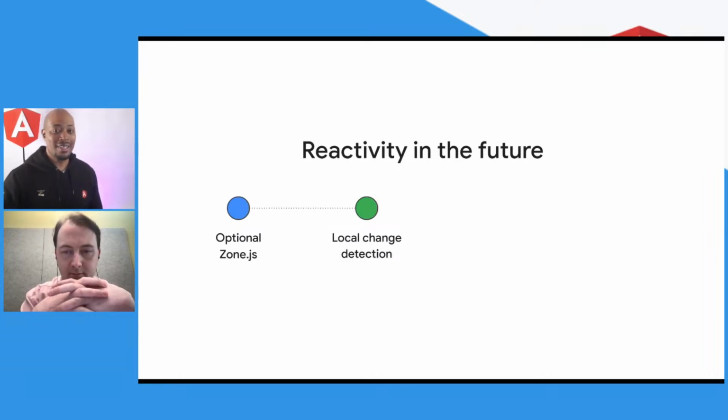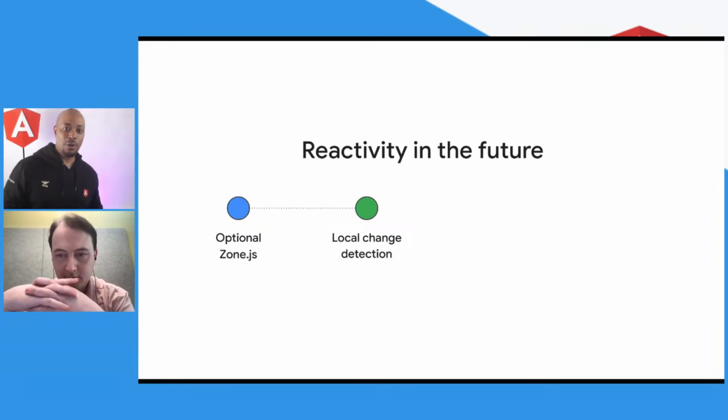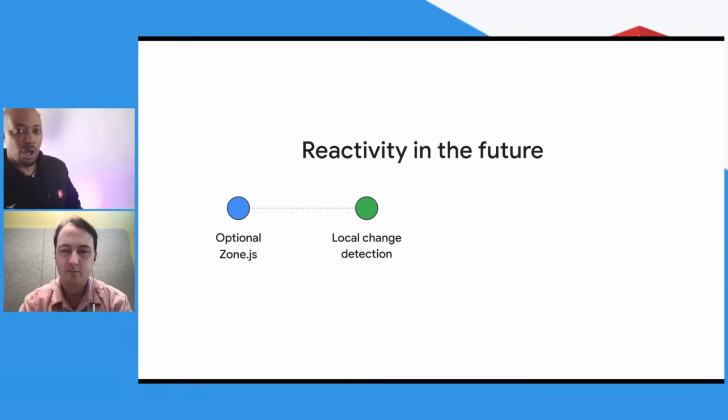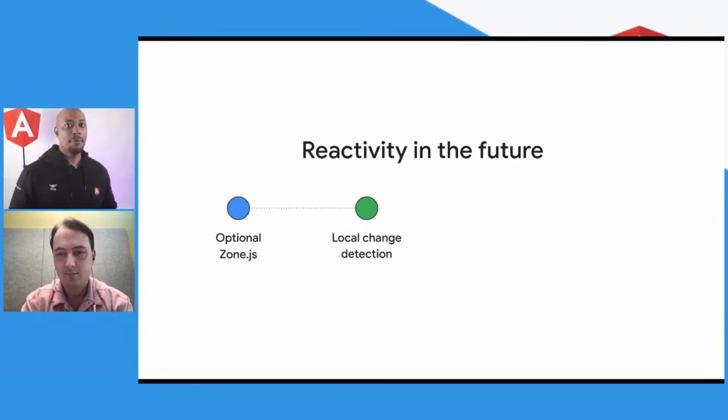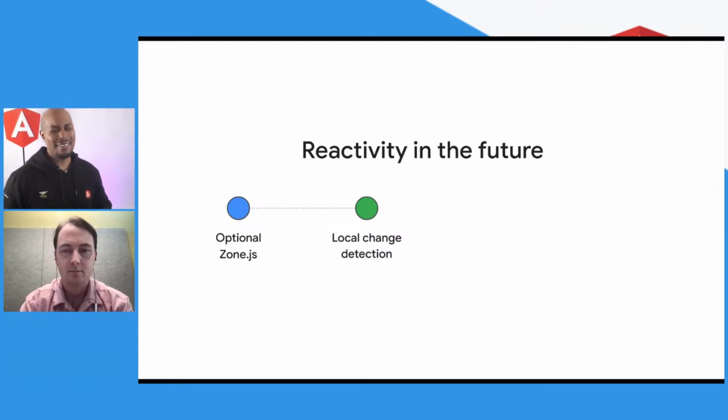Oh, we're also going to be looking at this. Right now in the developer preview, we're still using zones and change detection, right? But we think we can improve performance by making change detection run locally, small and fine-grained, so you can only update the components that need to update, that actually need a view update. To be specific, down to the view level.